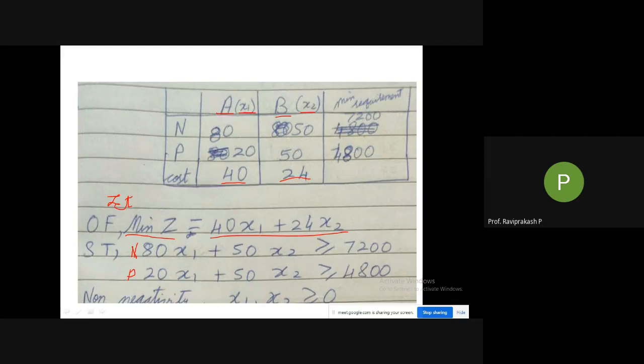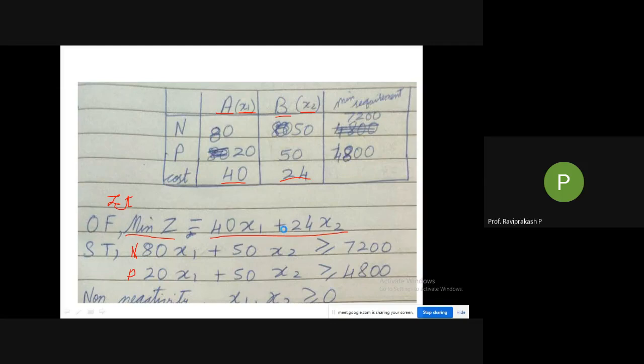Then, subject to what constraints? They are giving you two: nitrogen should be so much and phosphorus should be so much. Again, 3 parameters each should be given: in X1, in X2, and the total. The total should be less than or greater than. Not more than means less than or equal to. If they give not less than, it should be greater than or equal to. Those things you should clearly mention, and you should find them in the question.